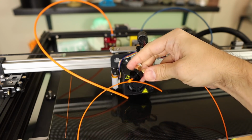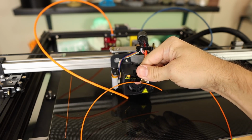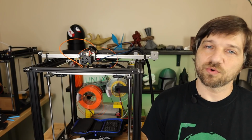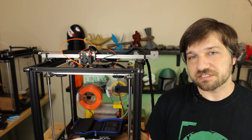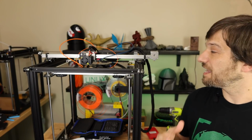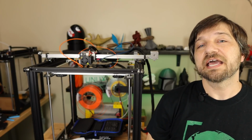Let's sum up what I've learned on this project and what you've hopefully learned on this project. So let me sum up what was all involved in this mod today. First of all, there's the selection of the components that you're going to need to actually do the mod, and then that's divided into two components. Number one, what can I buy? Things like the hot end are components that we know we're going to need to buy, and then there are